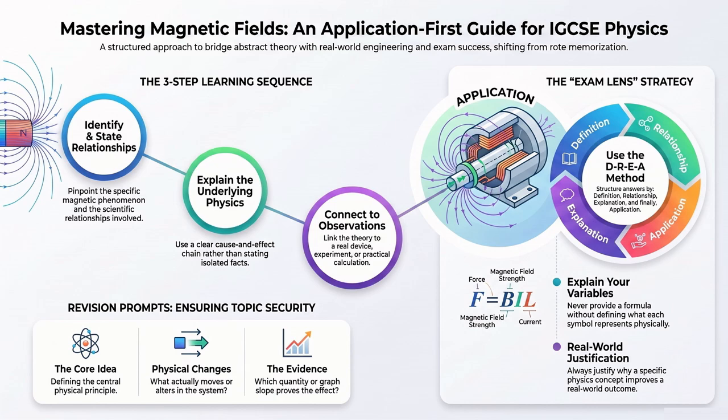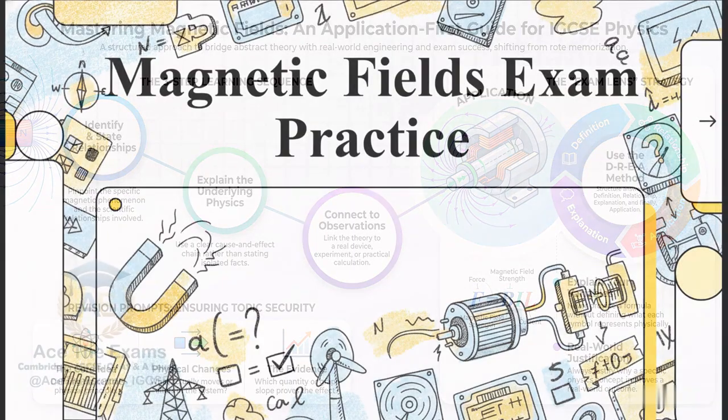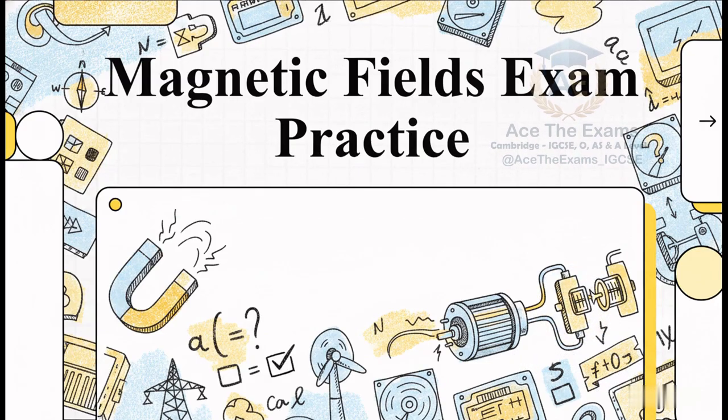Okay, let's dive into this explainer and discover the application-first method for mastering Cambridge physics. Think of this as the game designer approach to your exam strategy. We're going to level up your answers so that every single paragraph you write unlocks new insights, and more importantly, unlocks those top marks. Whether you're studying syllabus codes 0625, 0651, 0652, 5054, or even looking ahead to A-Level 9702,